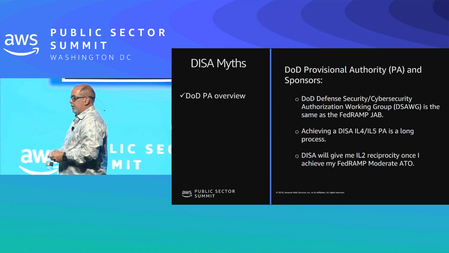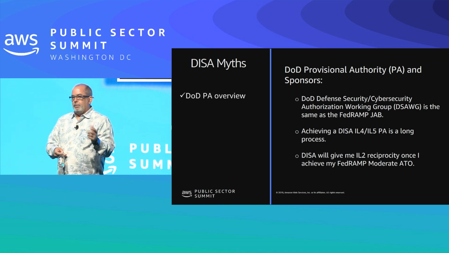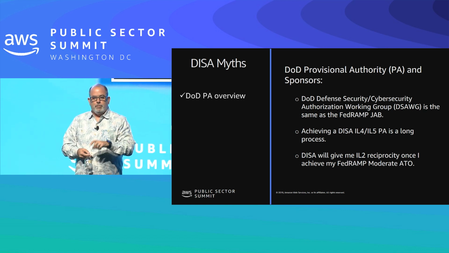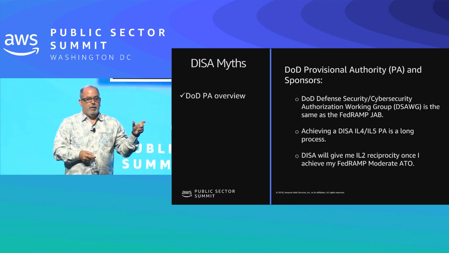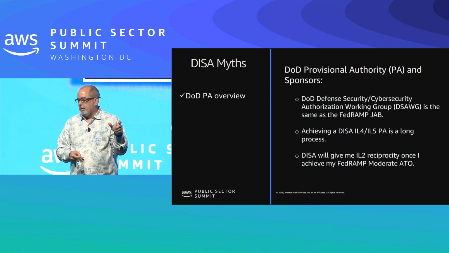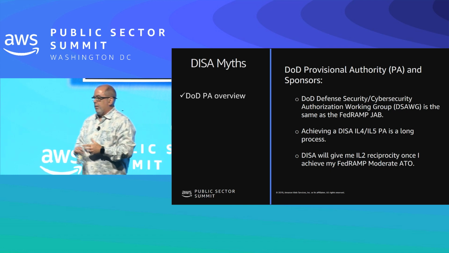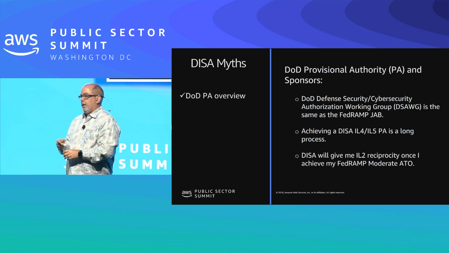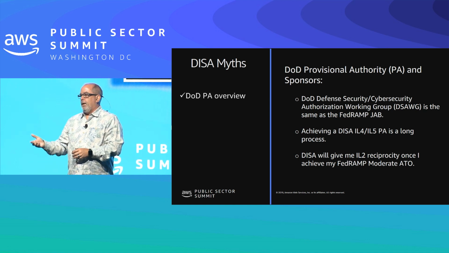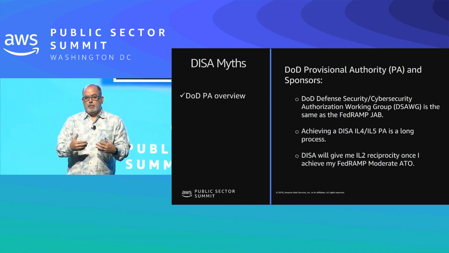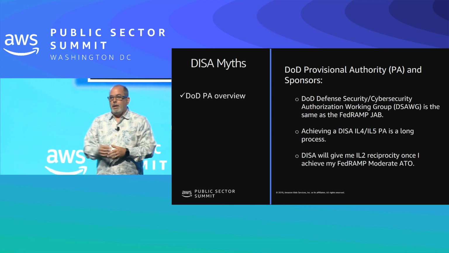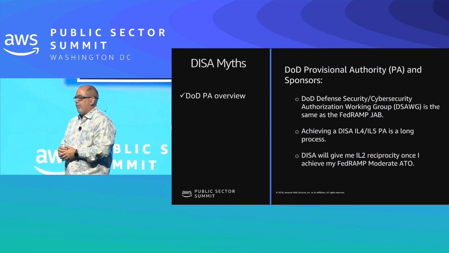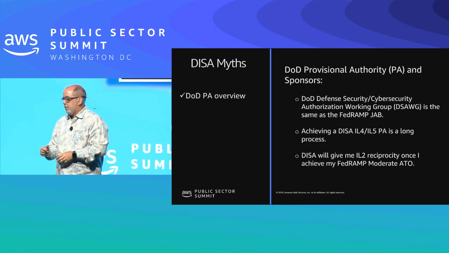And so a couple of the myths are really around what is the reciprocity, what are the interconnections between FedRAMP and DISA, and how does each authorizing organization, whether it's DISA or the FedRAMP PMO, work. We make sure that our customers understand the differences, the nuances, and the enablements that we in the ATO program help our customers and partners work through, so that they don't make costly mistakes and find out they don't have the ability to gain some of these authorizations.